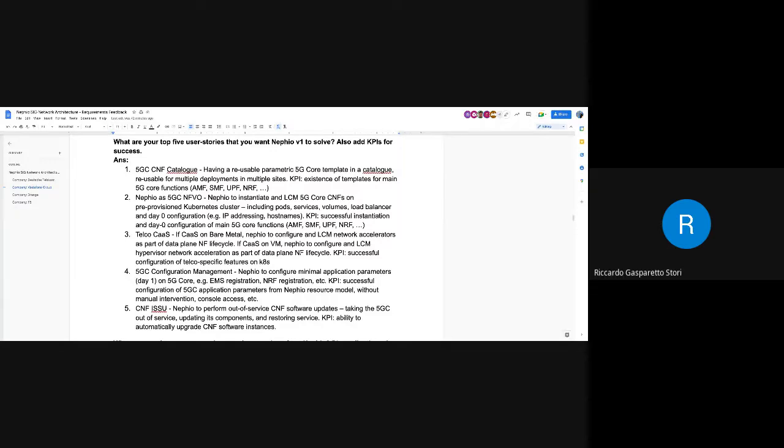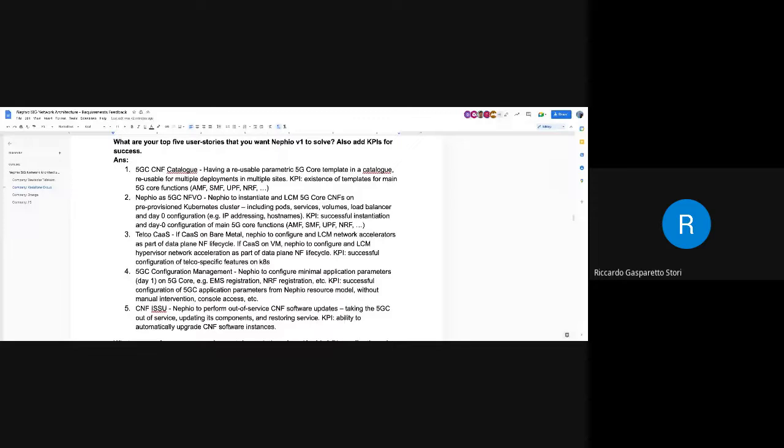The basic building blocks for managing the lifecycle of these applications, of course, are catalogs, meaning having reusable parametric templates that allow us to reuse the same code and the same artifacts in multiple deployments.